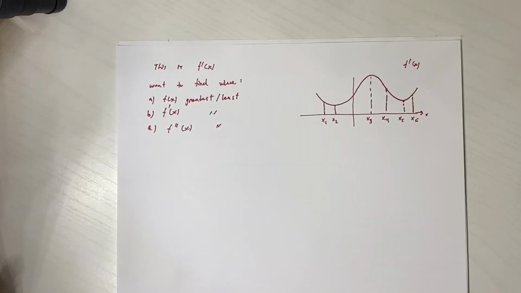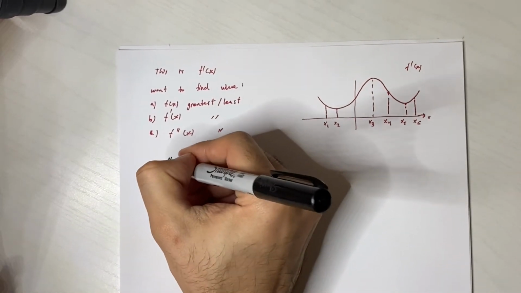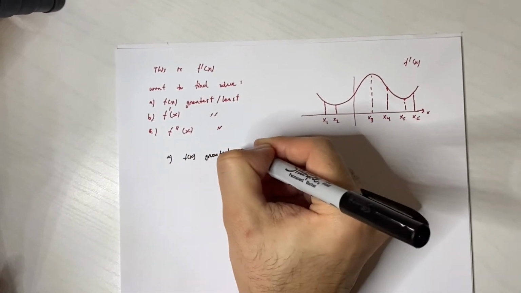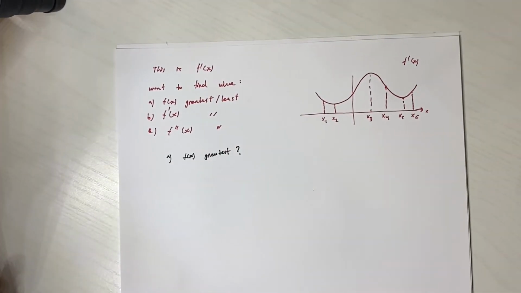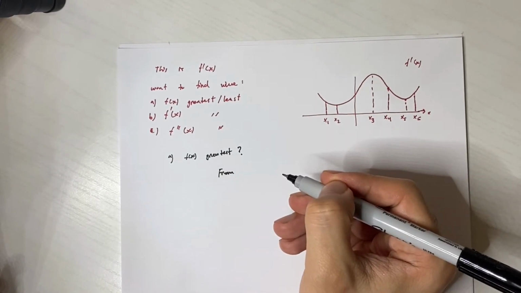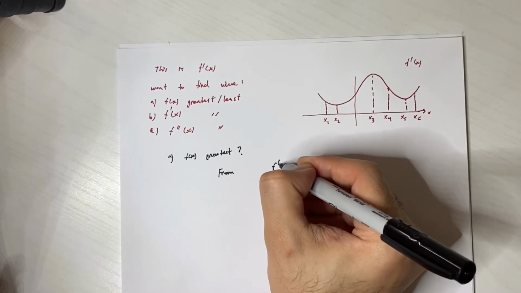So here what we are given is the first derivative graph, and we want to find where is the greatest and least point of the function, the first derivative, and the second derivative. So let's do that. So f of x will be greatest where, we have to remember the rule, f prime is positive